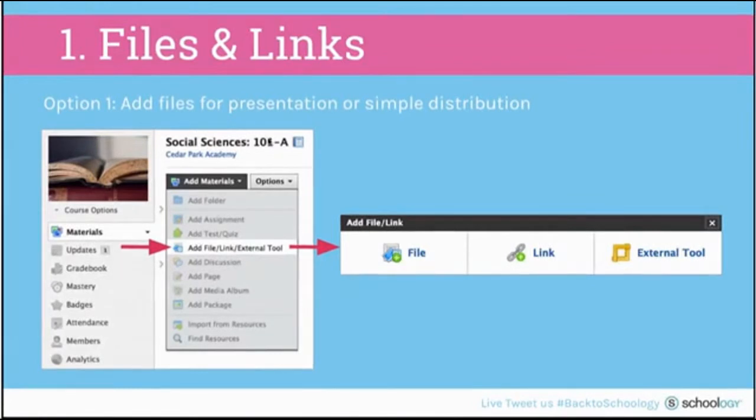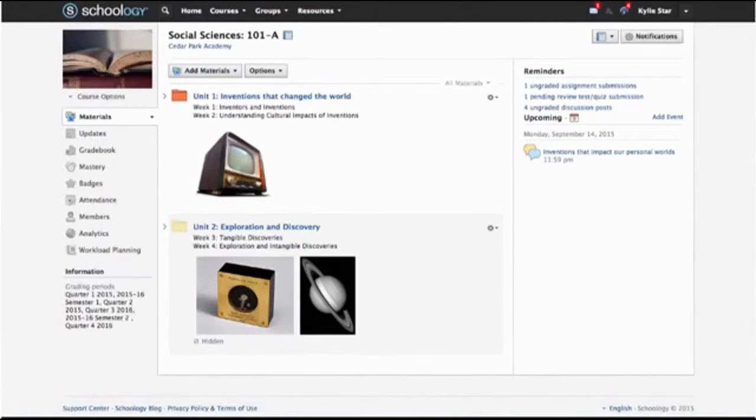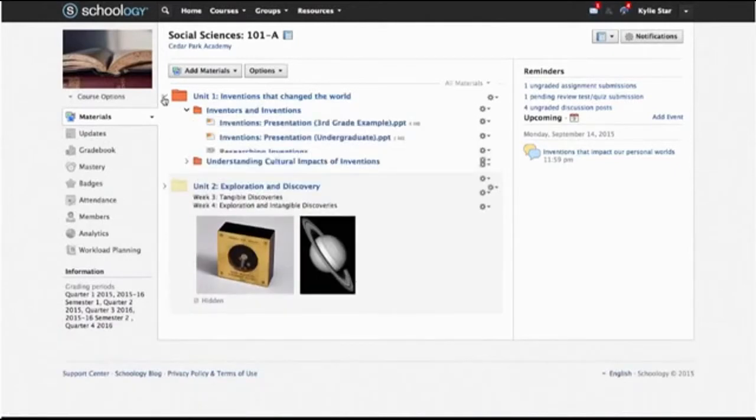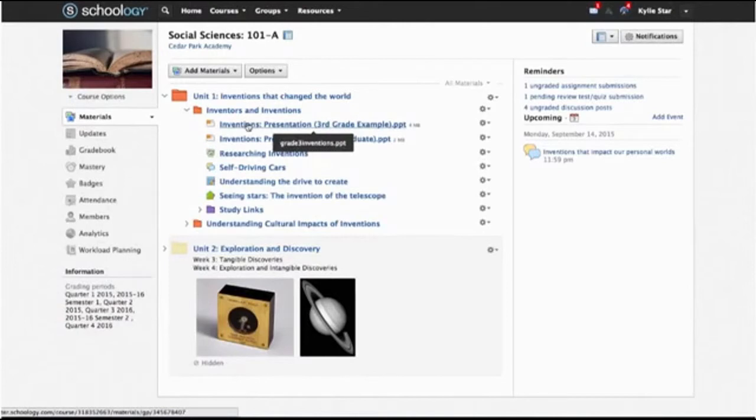Before we add files to the course, notice what I have in my course. I have a few folders. This is a unit on inventions that I'm teaching, and this is actually divided into subfolders. Okay? And there is my PowerPoint slide, what I'm going to use to present from. Okay? Now,